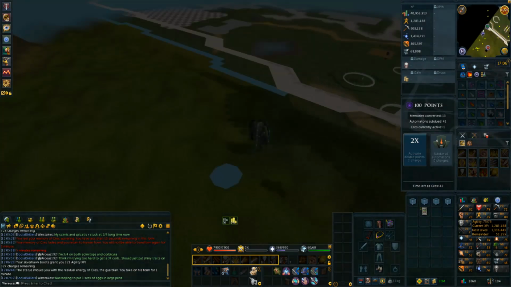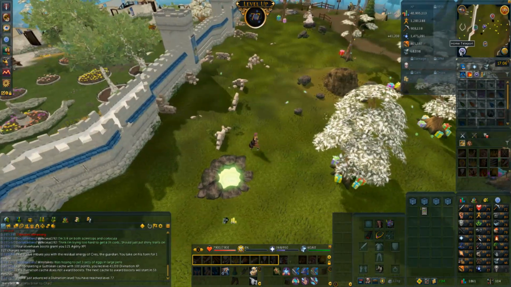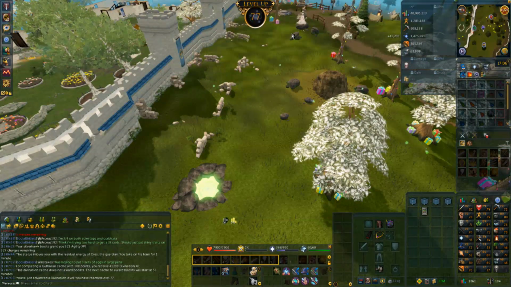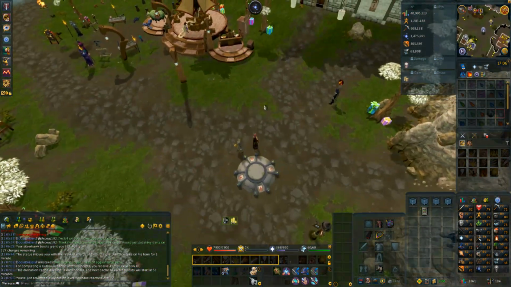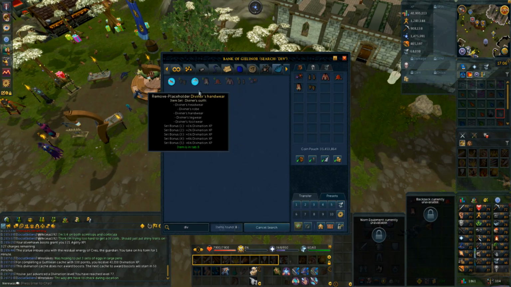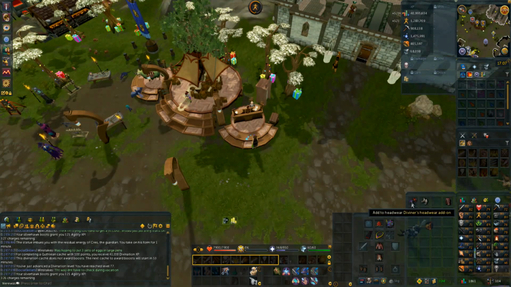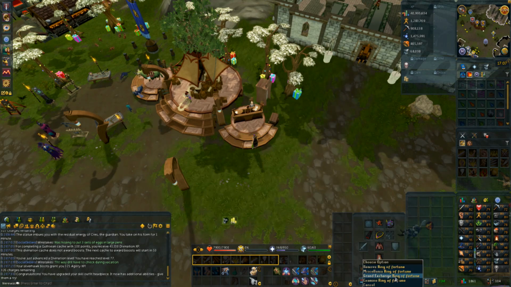So there we have it. Our cache is done here. We're up to 77 div, and with 77 div, we are going to go do our Hall of Memories now. So what this is going to accomplish is that we're going to then be able to make 3 divine locations every day. And the fact that we're able to make 3 divine locations every day means we can